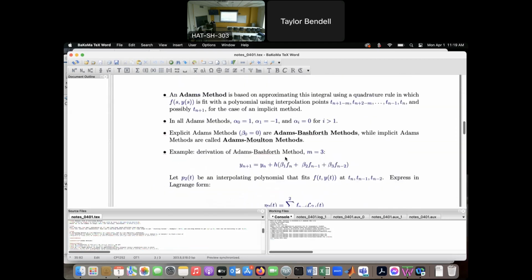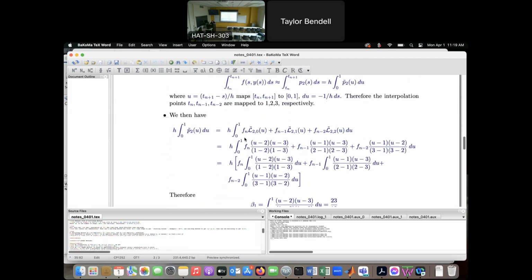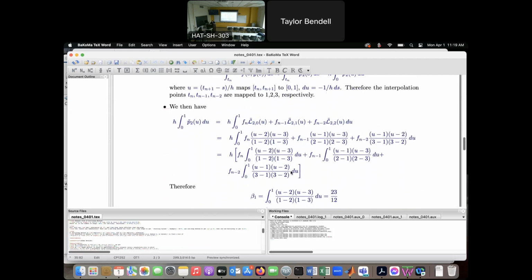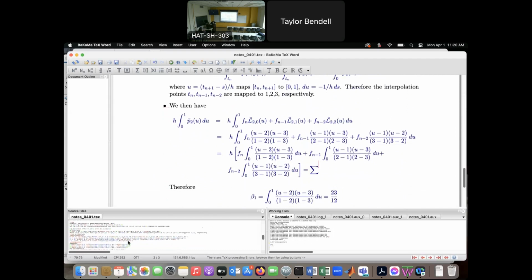So this whole thing is supposed to be equal to a sum from 1 to 3, with the h on the outside, of beta i f at n plus 1 minus i. And you can see if I match this summation,